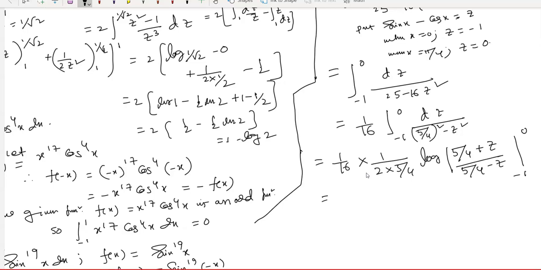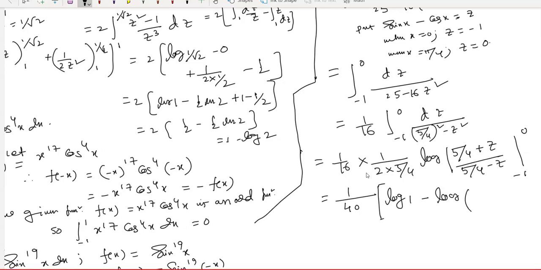So there is 4 by 160, I mean 1 by 40, log of, take z equal to 0 over there. If we take z equal to 0, it's coming log of 5 by 4 by 5 by 4,